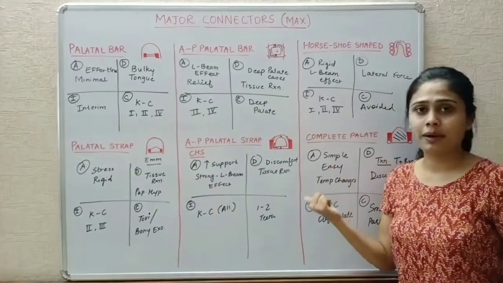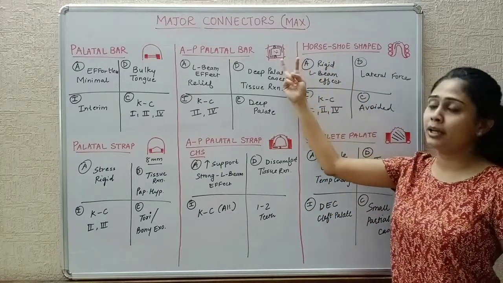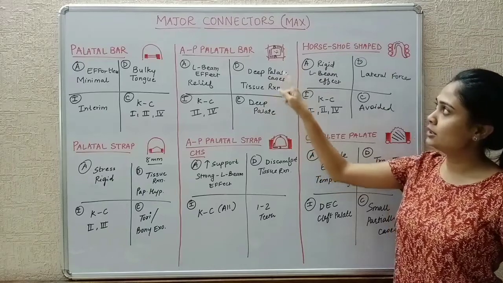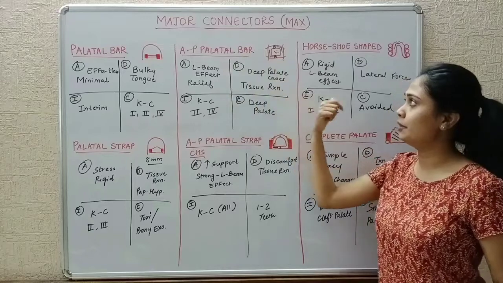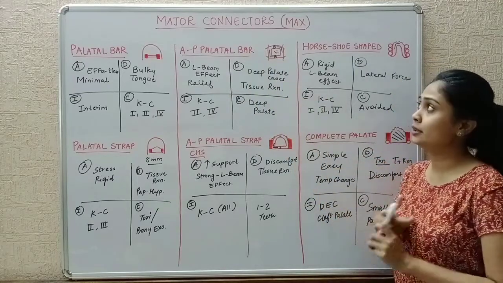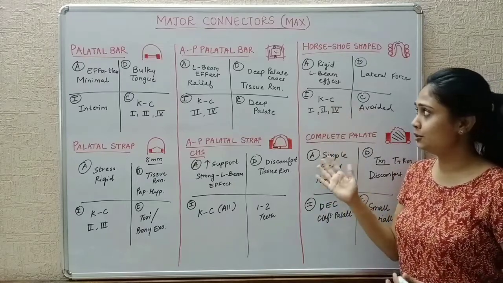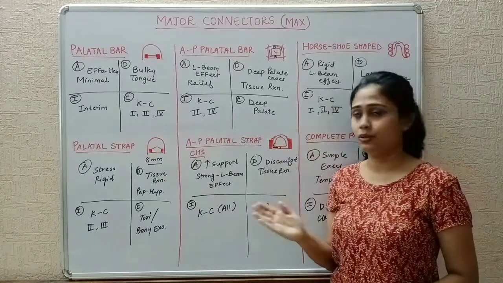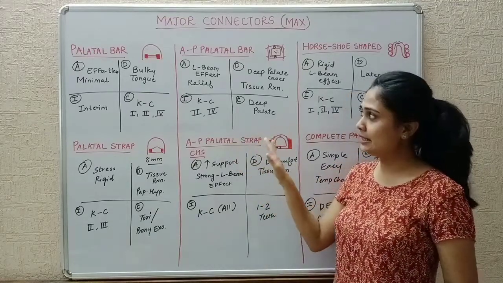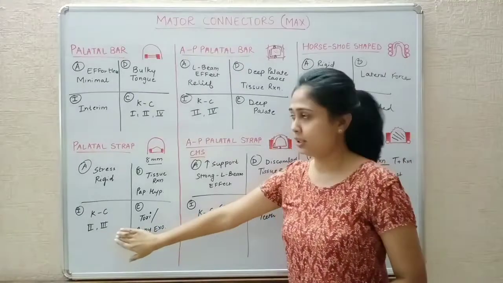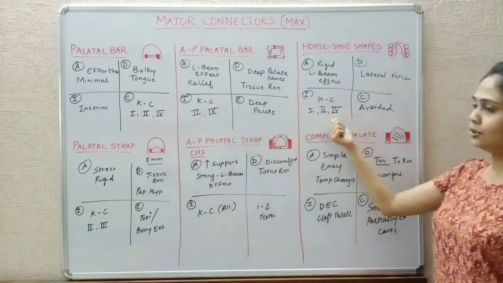Then anterior posterior palatal bar. It is 2 bars anteriorly and posteriorly which is connected by 2 lateral bars. Okay. So here in the center, it is an open space. So it provides relief and a strong L-beam effect. The disadvantages are it is very discomforting and it provides with tissue reactions. Deep palate cases, it shouldn't be given. And the indications are class 2 and 4. So here to easily learn this, as I said, class 2, 3, class 2, 4. Okay, here 1, 2, 4, here 1, 2, 4.